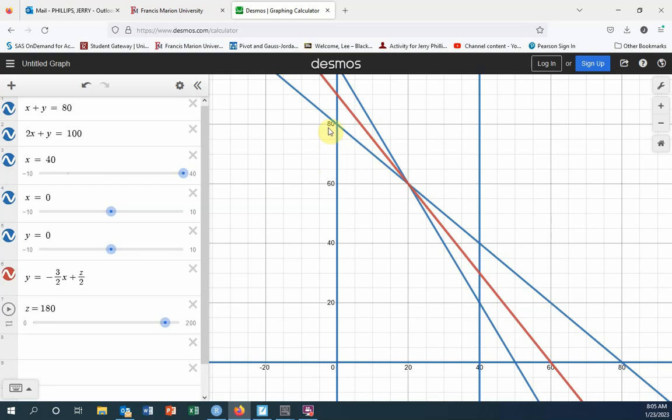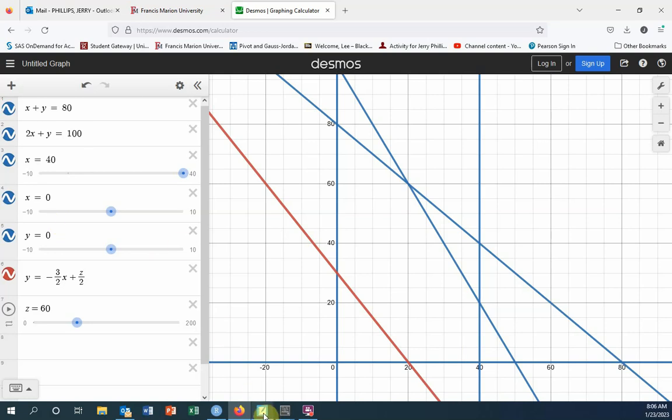I will go ahead and say something else that's very nice about this. Let me back the profit line out of the way. If you're looking at our feasible region here, notice that it is convex. If you were to take a graduate course in this, you would spend a lot of time discussing convexity, because it's very important to have convex shapes to be able to find optimals this way. If you were to take a nonlinear optimization course, you would spend probably 2 weeks doing convexity proofs on feasible sets, because if you lose convexity, you have a hard time finding